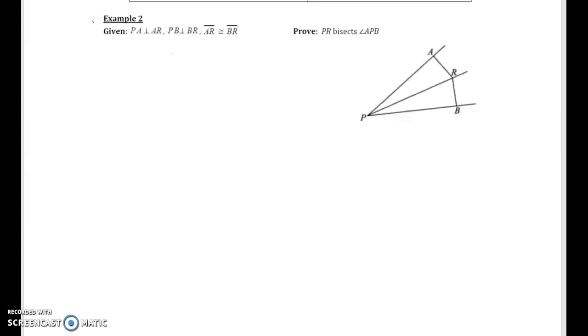Unit 4, Example 2, going beyond CPC-TC. So given that PA is perpendicular to AR, PB is perpendicular to BR, and AR is congruent to BR, we are asked to prove that PR bisects angle APB. So before we begin, let's think about if that angle is being bisected, is being cut into two